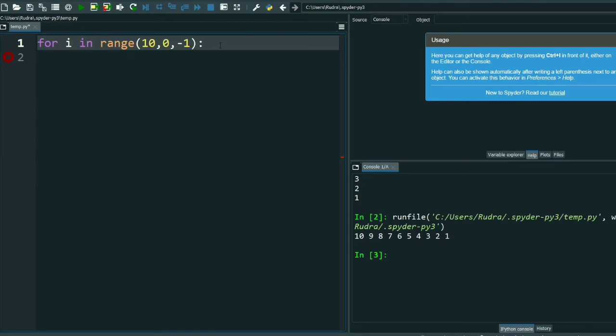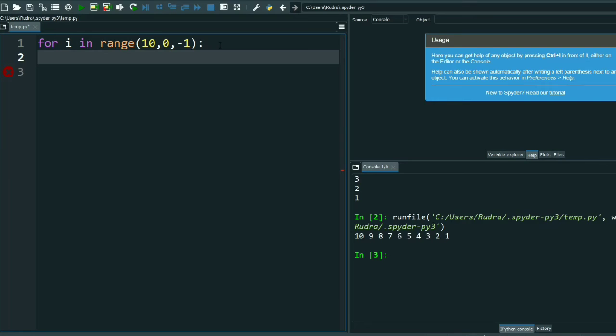We are doing a reverse order. Okay, so you are writing 0, for that only 1 will be there. Okay. And why are we writing minus 1? Because we want to go in the opposite direction, means a reverse order. 10, 9, the gap is 1. Minus, we are decreasing by 1. That's okay. Now just simple, print